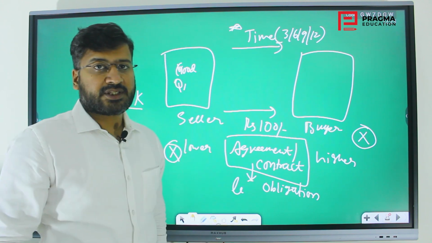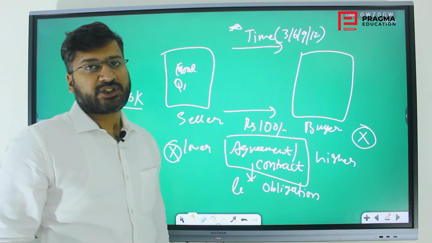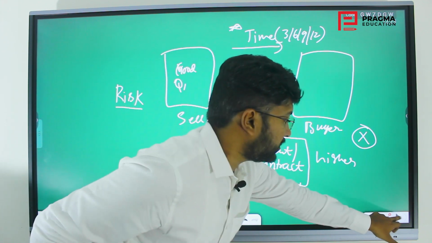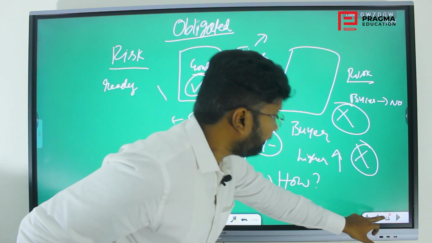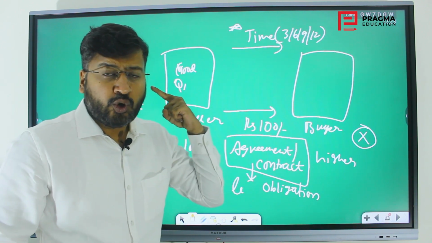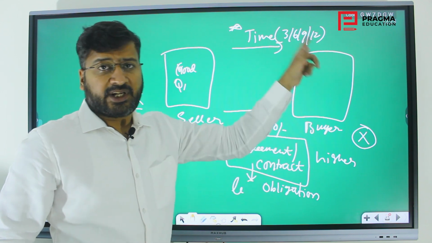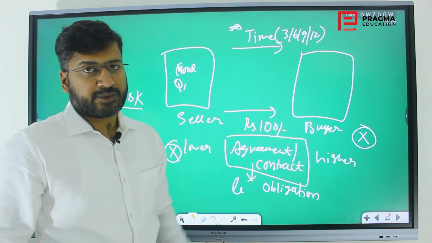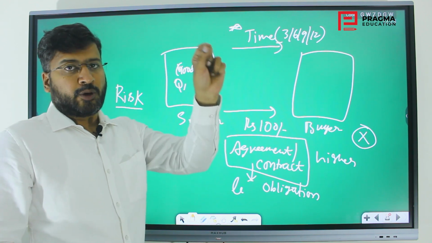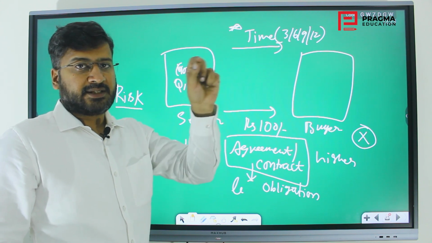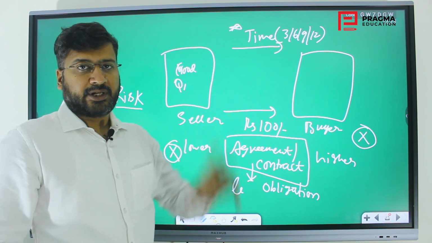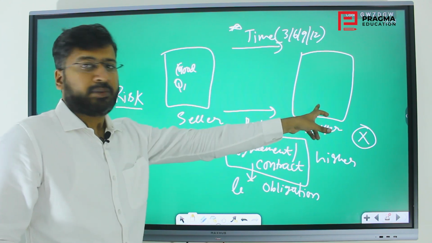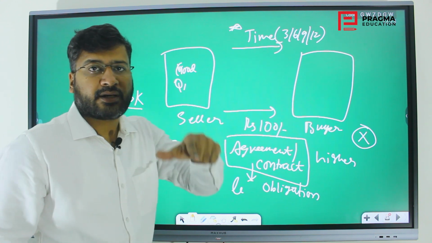Just remember this concept, and you will be able to answer any type of question in this area. Try to understand the concept. In the call option, it is the right to buy, and the buyer will have the right. In the put option, the seller will have the right. So there will be four options tomorrow: buyer has the right, seller has the right, buyer is obligated, seller is obligated. If it is a put option, it is the right to sell, so the buyer is obligated and the seller has the right. That is the correct option.